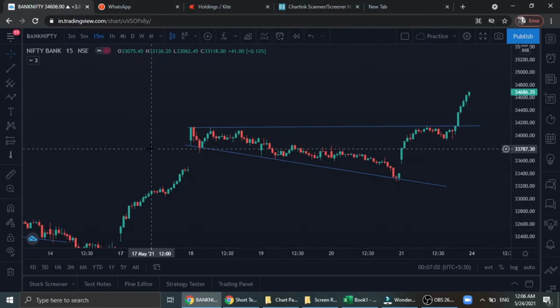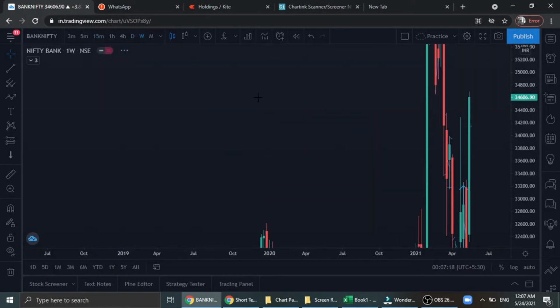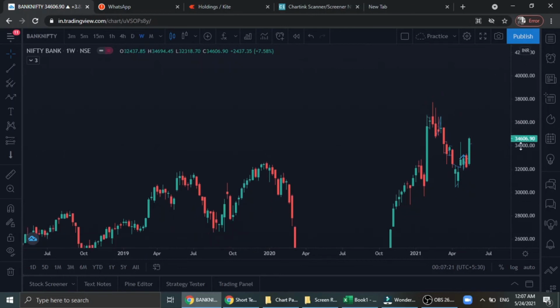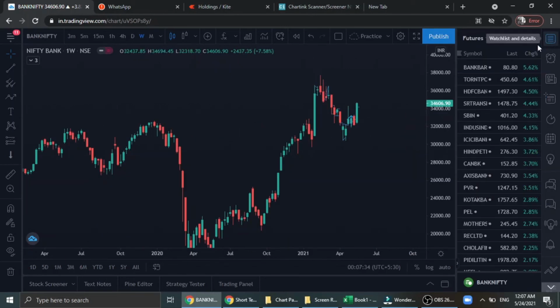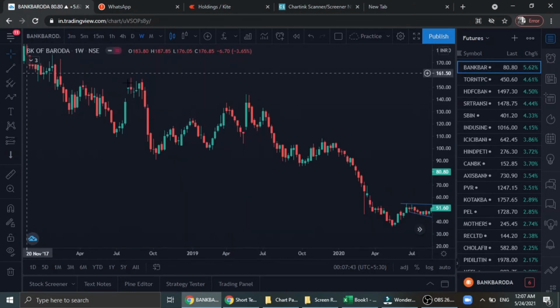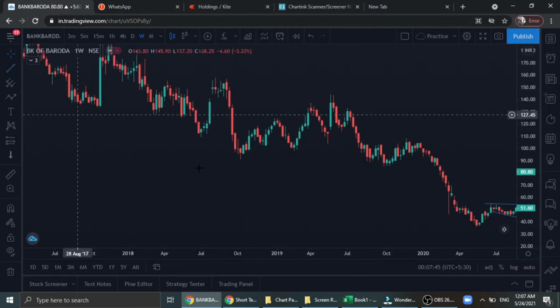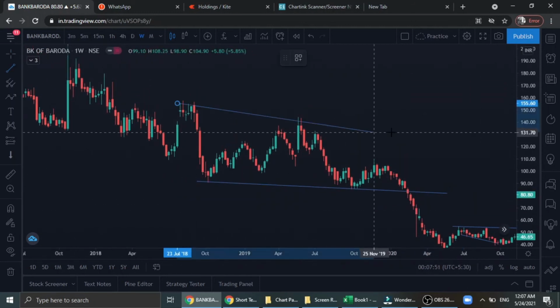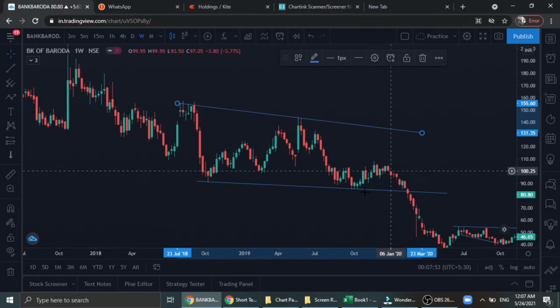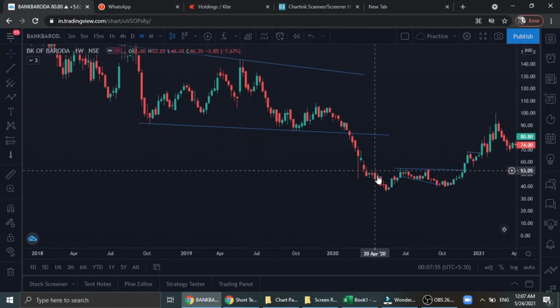Okay, let's look into some examples on stocks itself, how to draw chart patterns on charts on daily time frame and weekly time frames, which give opportunities for short term trading. So one by one we'll look at a few examples and then we'll close. So if you see here, Bank of Baroda, a clean down channel it is. That took breakout and then gone downside.